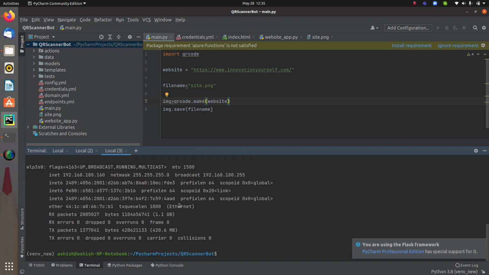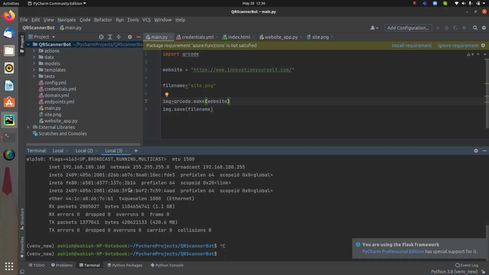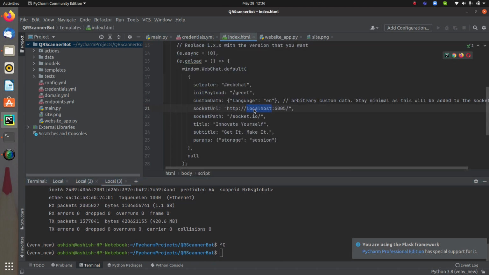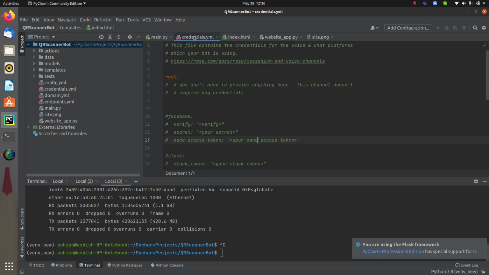So just press enter, and over here just search for the IP address, right? Currently I am connected to my Wi-Fi, so for my Wi-Fi I have this IP address. I have to copy this, and go in here. First of all, I have to add it to the index.html, which is the home page, right? And I am adding it through socket.io. I have already added everything.